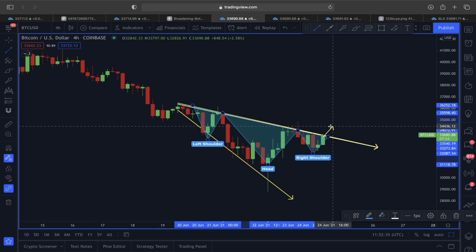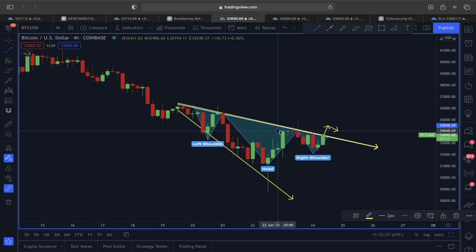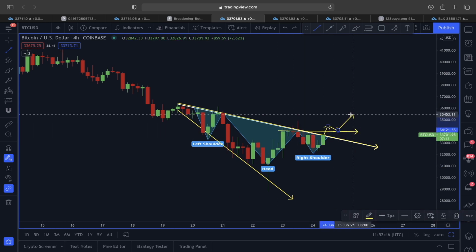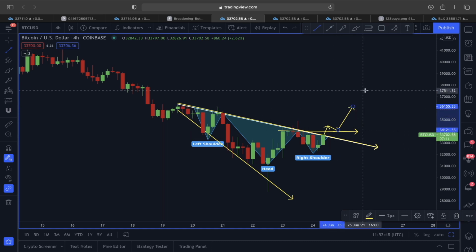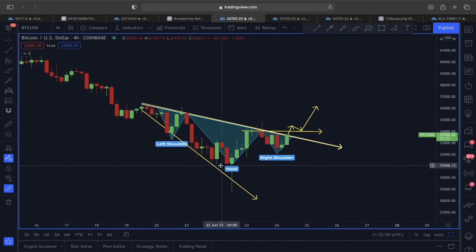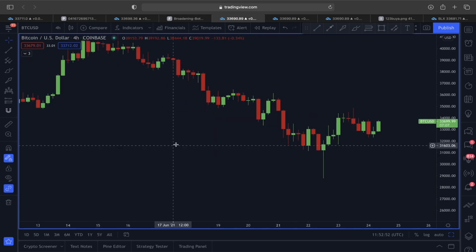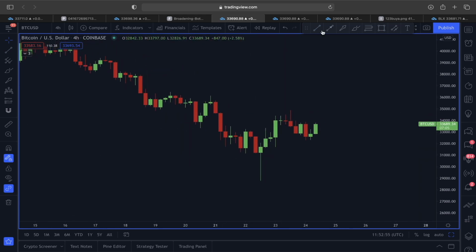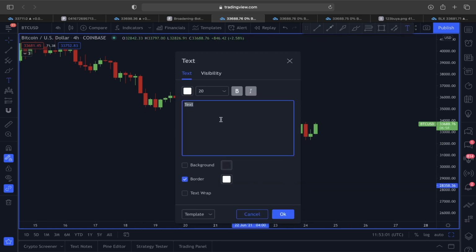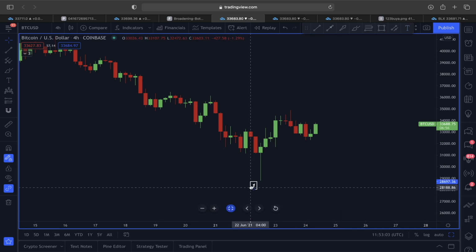Now you can see the neckline is also the upper line area of this descending broadening wedge. So if we manage to break out of it and find support above this 34,000, then there is a very likely scenario that we are going to see some really nice impulsive move playing out for Bitcoin. And if you would say, hey, that's not an inverse head and shoulder, I want to look at this in a very different way, you can also do that. Let me show you one by one, because I want you guys to understand what I'm actually trying to pinpoint here.